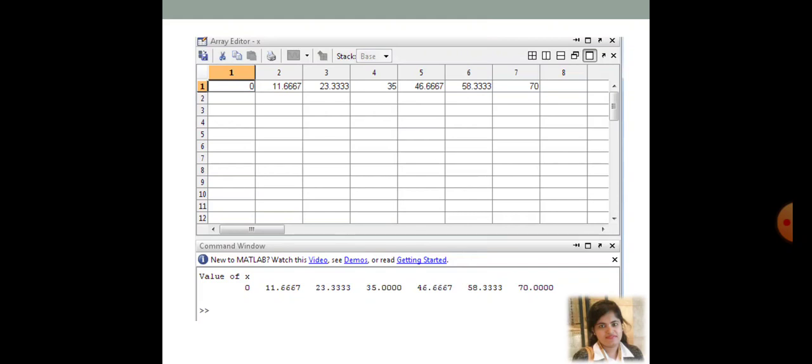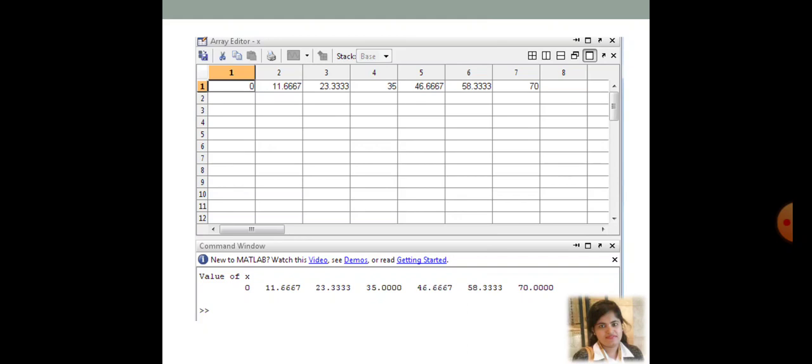The same thing is there between element number 3 and element number 2, the same difference. Element number 4 and 3, the same difference. So the difference between each pair of consecutive elements, that is element i plus 1 minus element i, is fixed. So this is the linspace objective, and this is how we implement it.